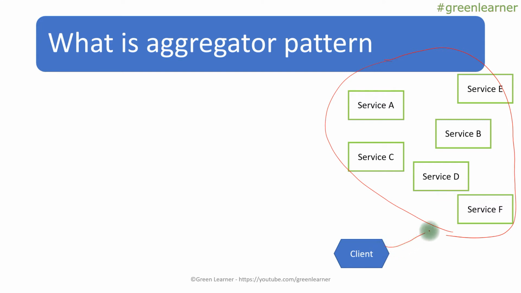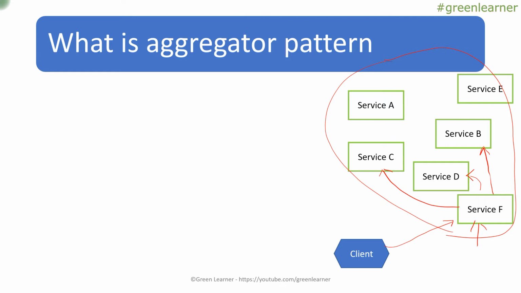And if you are requesting something from the client service F, it is possible that the job of service F is not complete in itself. It has to call other services as well. For example, service F is taking care of the product detail. For the product detail, it needs the help of the pricing service, so it will call that. It also has to check for fraud about the client that is requesting, so it will call the fraud service as well. And it also has to check the availability of the product, so it will call the availability service. So this is the common scenario.